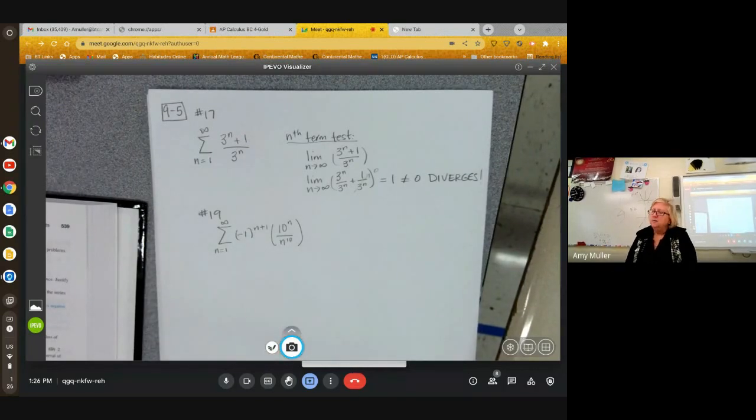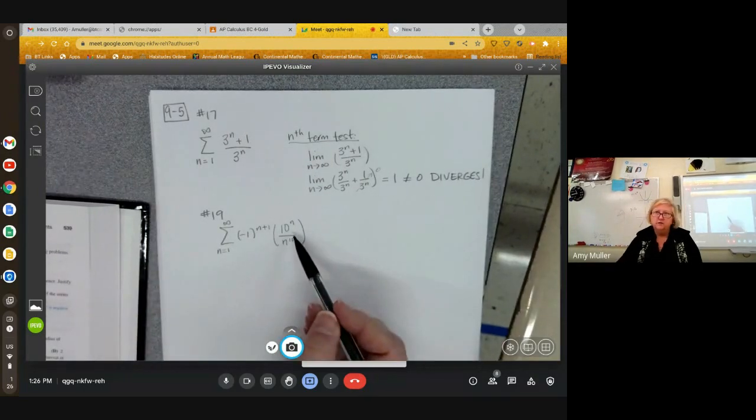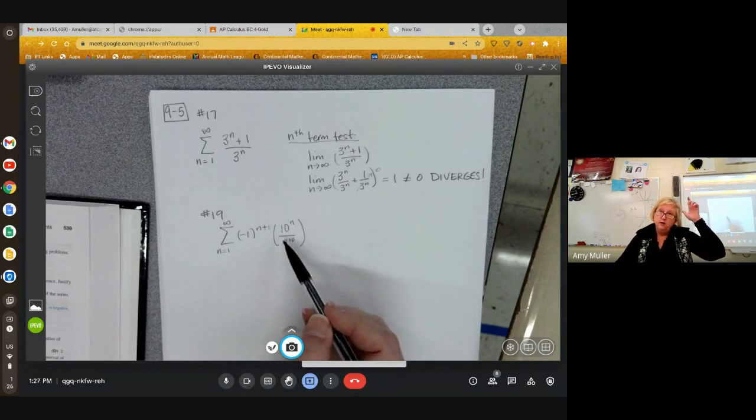Okay. It's an alternating series, but I want to do the ratio test. Are you okay with that? Because I already know that this is going to go to infinity. Everybody, I hope, has an instinct to know that that's going to blast off to infinity using relative rates of growth, which is from the